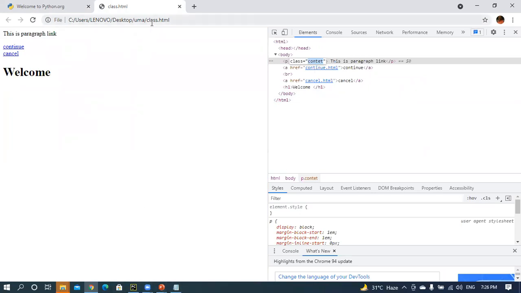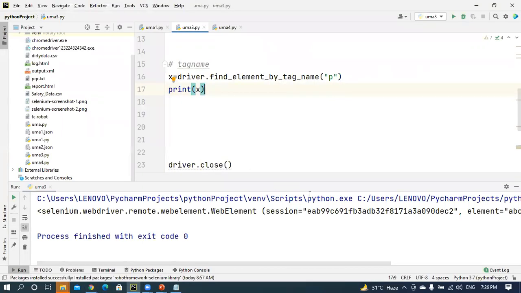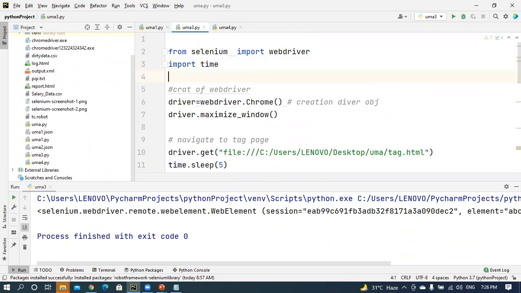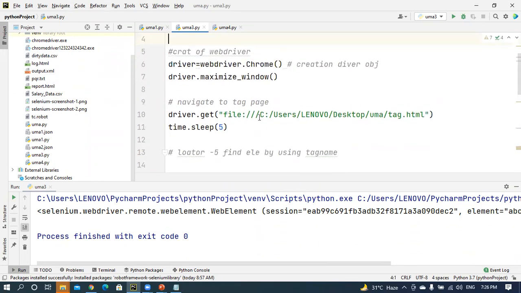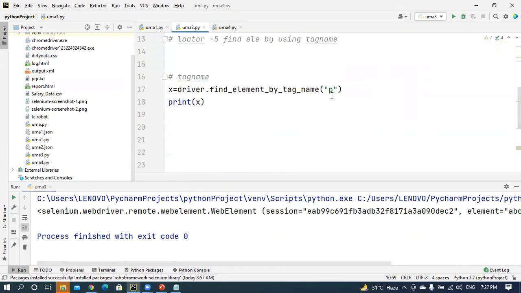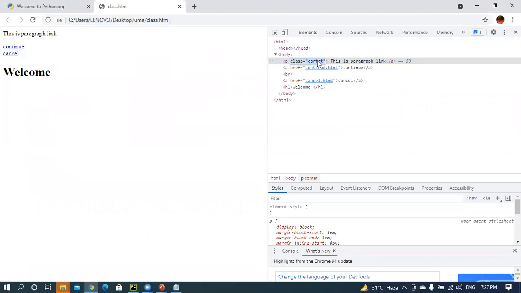First, you have to navigate to this page. From Selenium, create a WebDriver. After creating the WebDriver, navigate to the particular page. From this page, you have to identify the element. What is the element for this one? You will take the value for the class name.